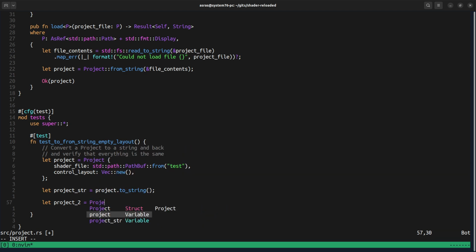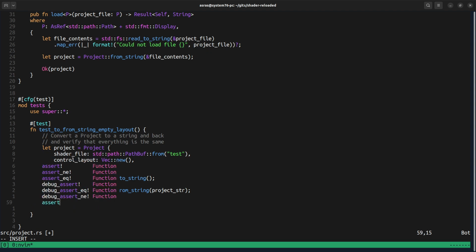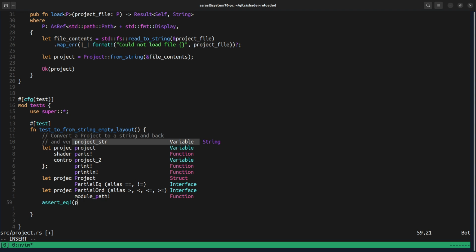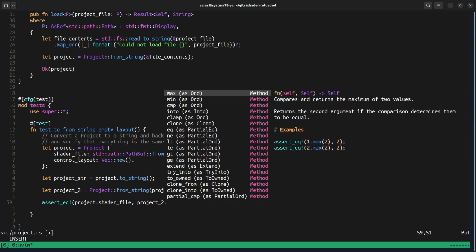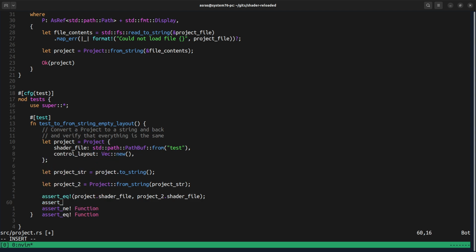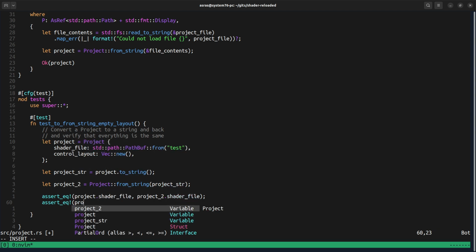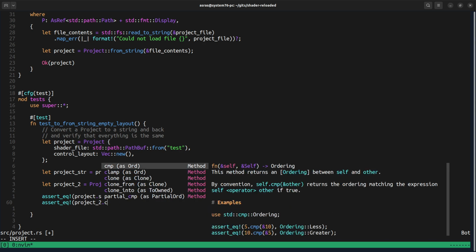It's going to be project from string, project string, and then we can assert that project.shader_file is equal to project2.shader_file. And we can also assert that project2.control_layout